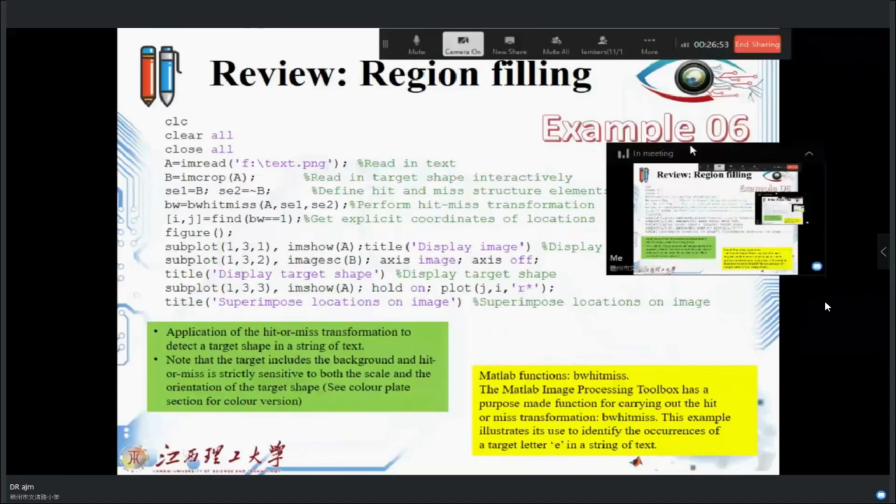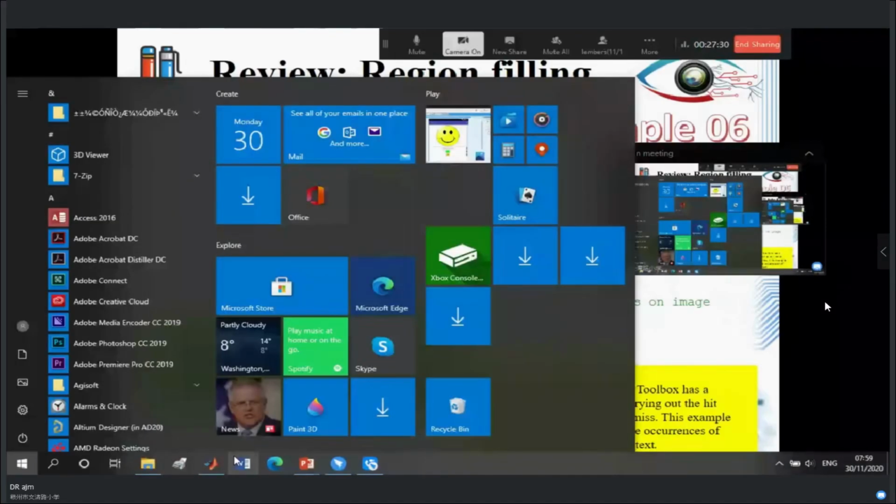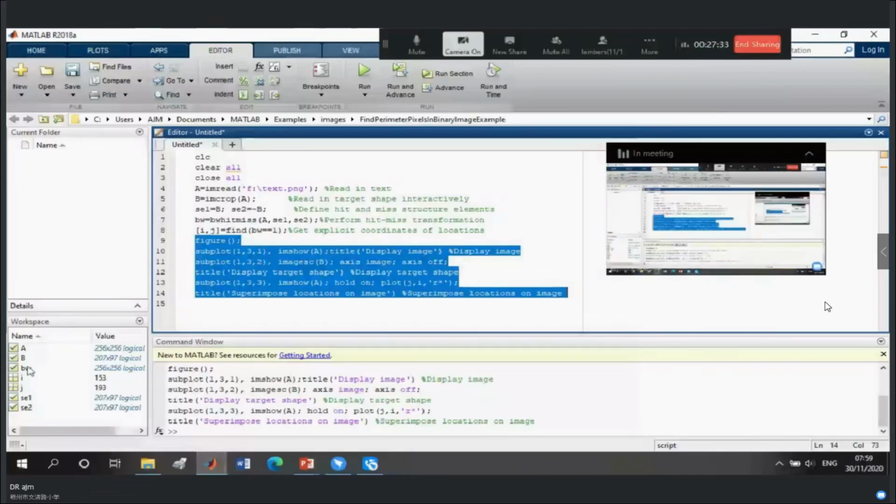The function from MATLAB that we use is bwhitmiss, which is from the Image Processing Toolbox, and its purpose is to carry out the hit-or-miss transformation. This example illustrates the use of bwhitmiss to identify the occurrences of the target letter E in the strings of text. Let us see the output of this